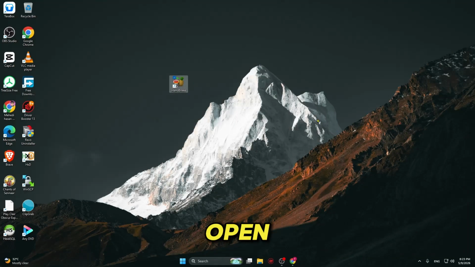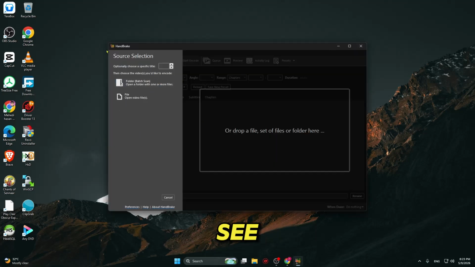Now you can simply open HandBrake in your computer. Just open it, and as you can see, HandBrake is rightly opened in your computer. So this is how you can simply download and install